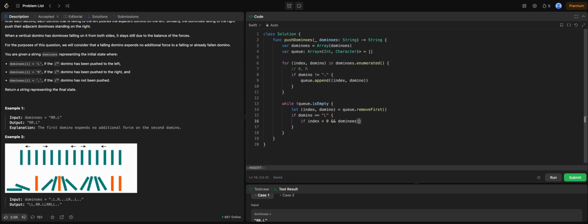And the domino of the left index is upright. That means in our case, if this domino is leading to the left, we need to make sure that the domino on the left is upright. So if it is upright, we can strike it through, and then we can take over that domino to leading to the left. So index -1